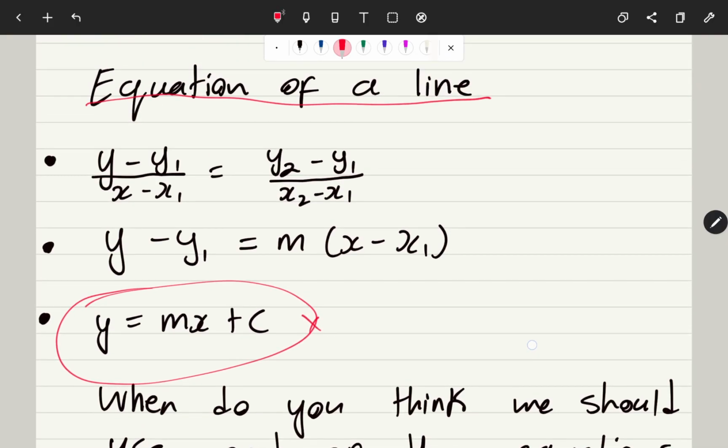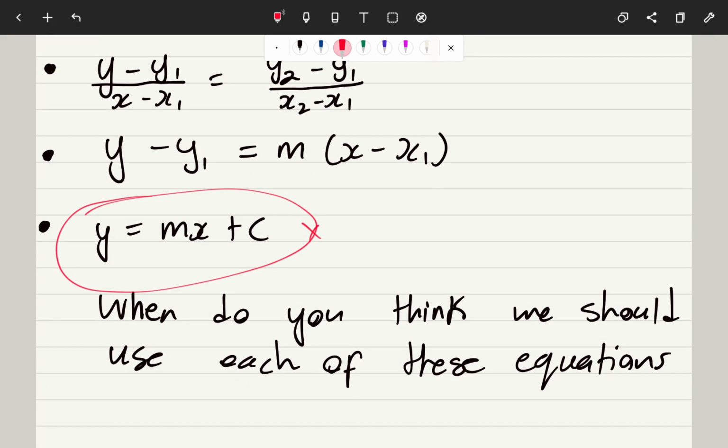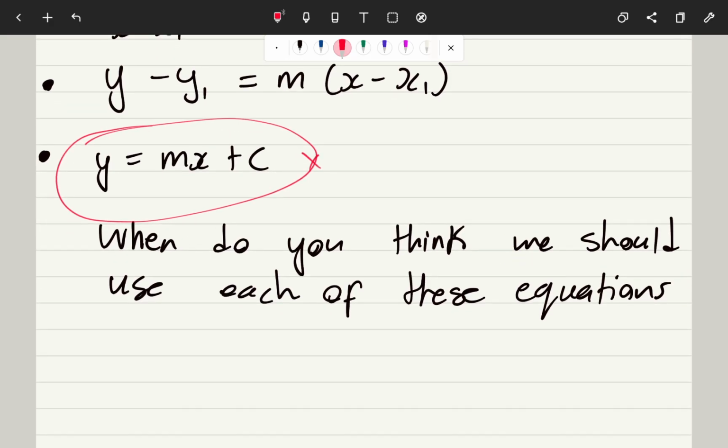Like these formulas, if you look closely, to some extent they are the same, right? It's just that some are easier with certain conditions and others are easier to use with other conditions. But this one, the first thing is you find your gradient. You find m. That's the first step. Then the second step is what,